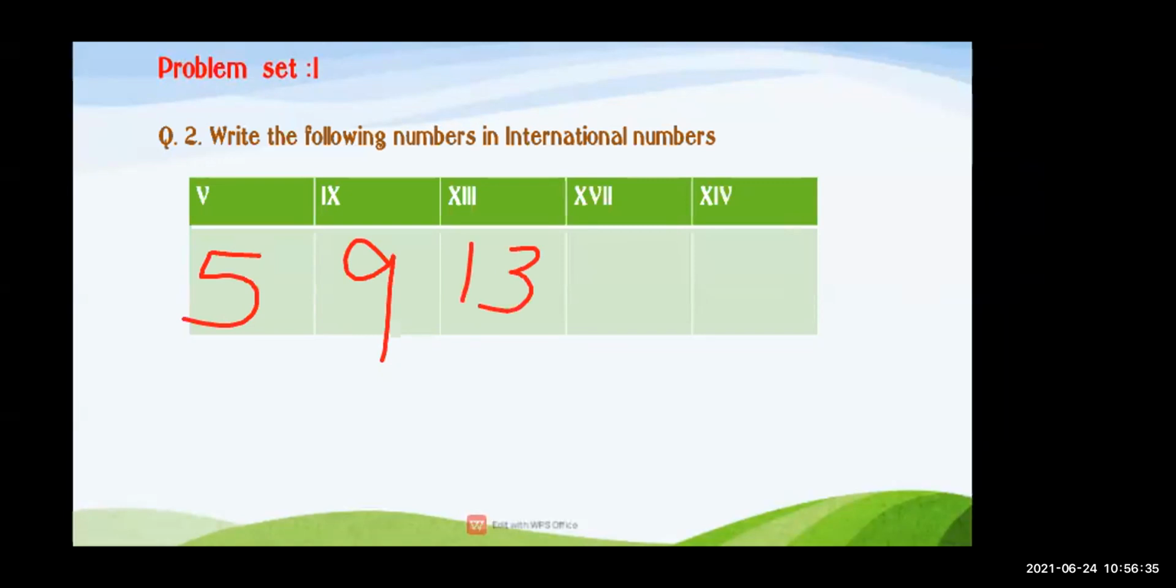Very good, Chaturthi. Very nice. X, V, I. That means 17. And the last one is what? X, I, V. Very nice. X, I, V means 14. That means you people have understood the Roman numerals, how to write it down. Okay. Now,